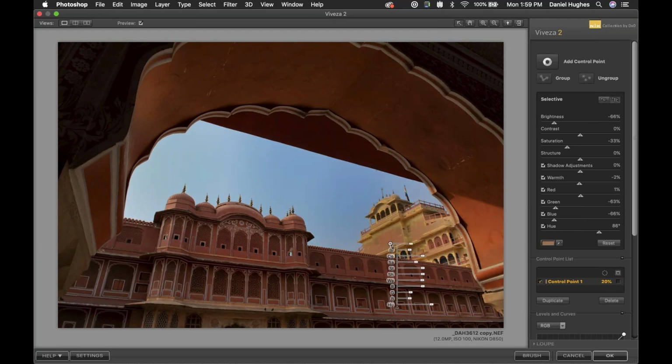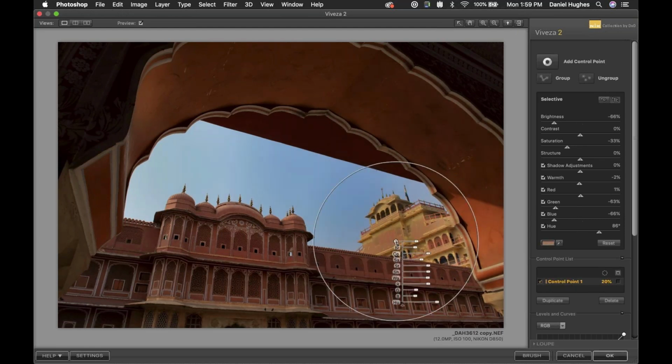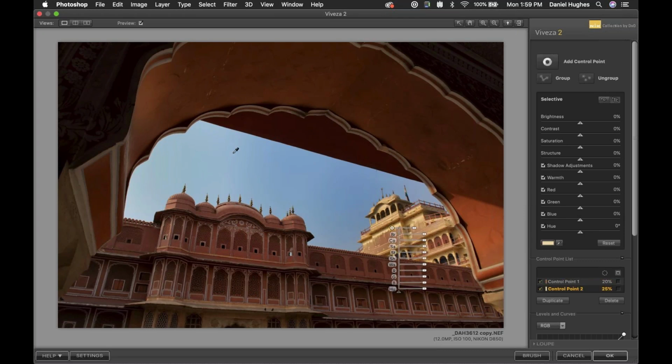Now, what's happening is because this control point wants to make a photographic looking selection, what I might need to do is kind of hunt and peck, sort of find the area that looks best. And then the other thing I might need to do is duplicate the control point into a couple different areas. The problem that we're going to run into here is that the adjustments being made to these sliders are specific to the color and tone that you place the point on, and then the color and tone that you sample from. So because there are so many different colors and tones in the building here, it's hard to make this adjustment. So that's why if it's a t-shirt, or if it's the pupil of the eye,